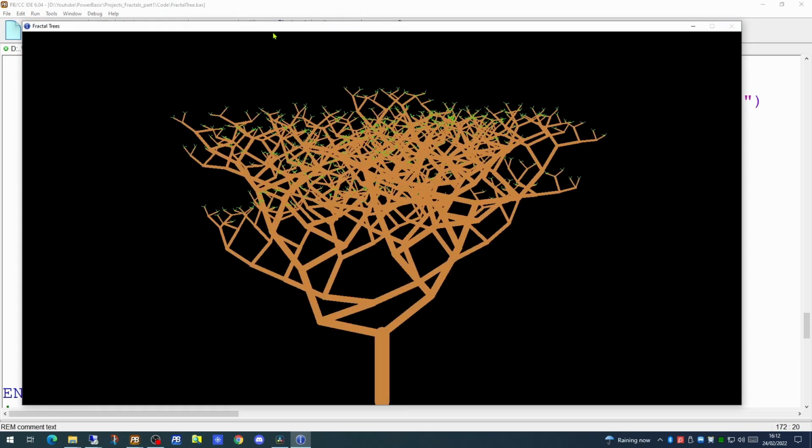you'll see that our application is now drawing a tree. At each conjunction, when it splits into two, it will generate a direction which is random, and it will then go on to the next conjunction when the two more will be generated, and we end up with a tree. The only thing we need to add at the end is something perhaps to draw the leaves on the tree. So we will do that next.